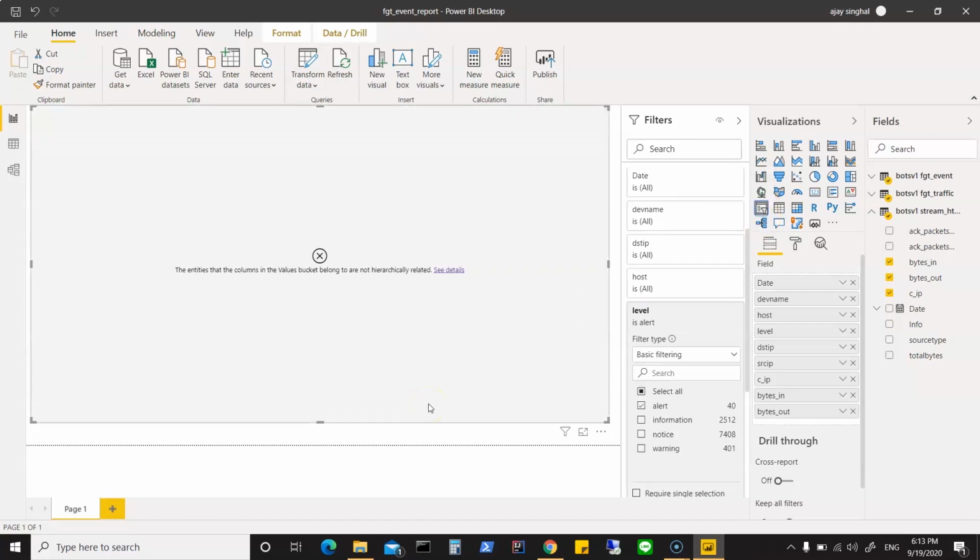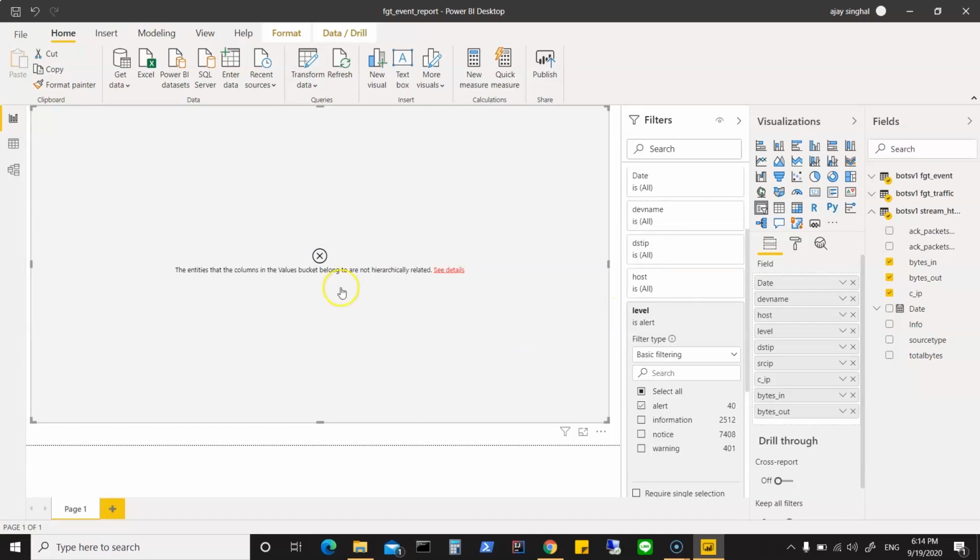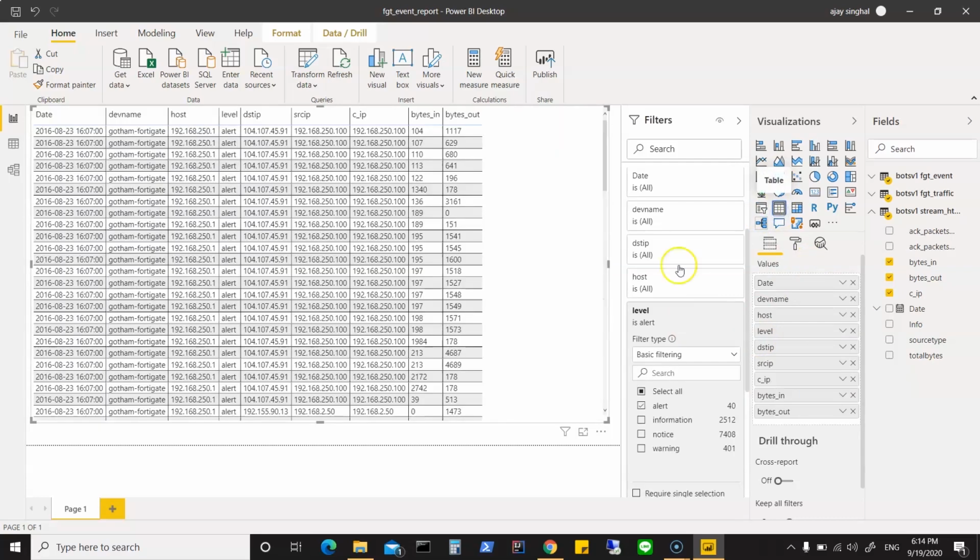So it says the entities that columns in the values bucket belong to are not hierarchically related, because then we can look at the details here. So we can get rid of the filter as of now. Let's just go to the table,